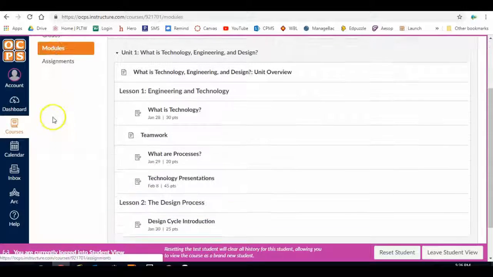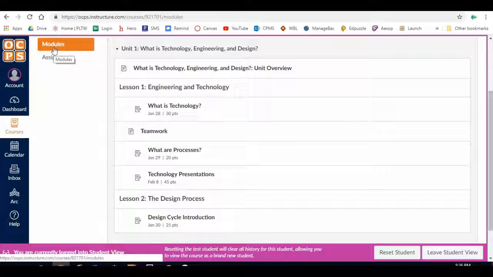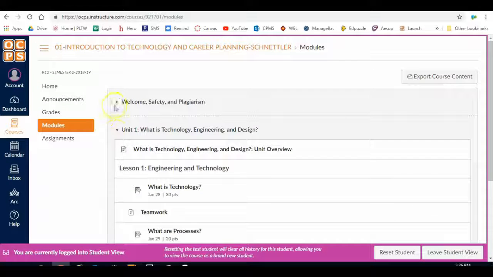Now we're going to go to modules. Modules is what I want you to click on all the time. When you come in and it says sign on to Canvas, I want you to get to our class and in the modules. Now you may have noticed that when I first signed on, that it scrolled me right past this first module,